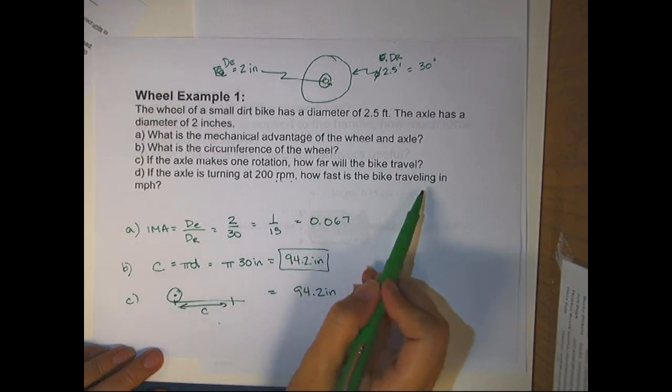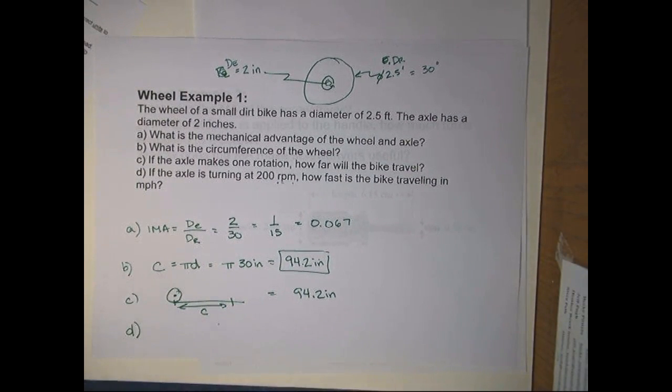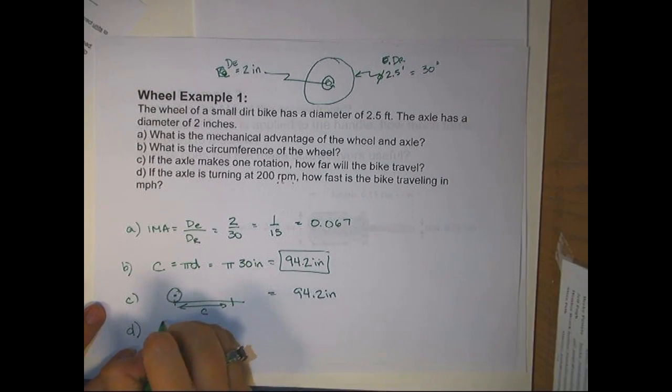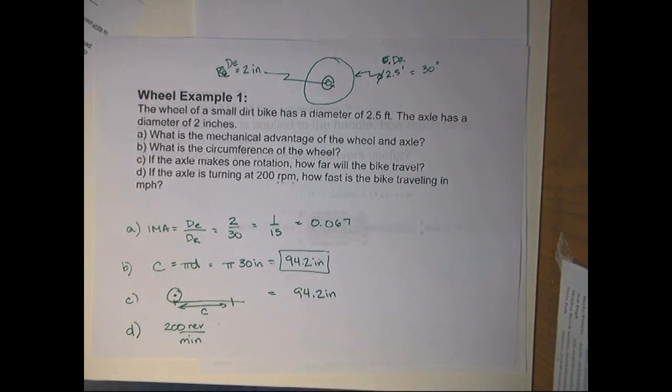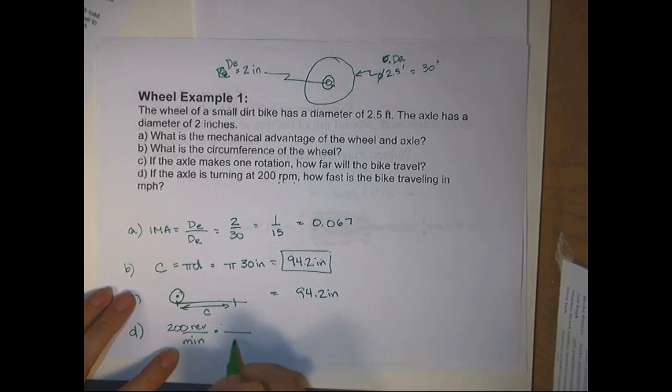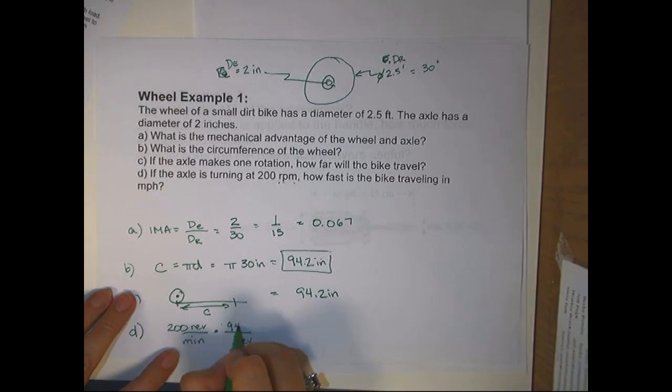What if it turns 200 revolutions per minute, or rotations per minute? How fast is the bike traveling in miles per hour? We're going to have to do that conversion, and so we'll have to do a couple. You learned how to do this in IED. We start with 200 revolutions per minute. And what conversions do I need here? Well, the first one is 1 revolution is how many inches? Well, it's 94.2